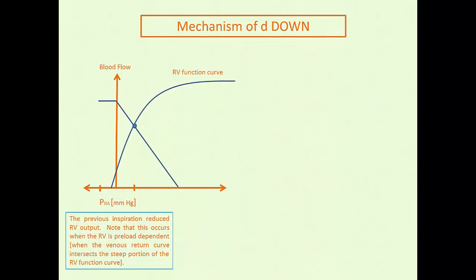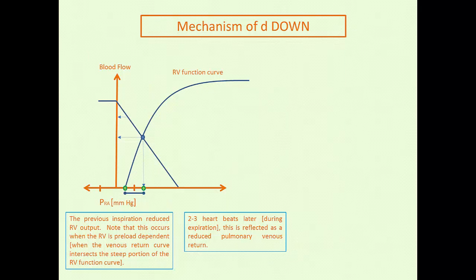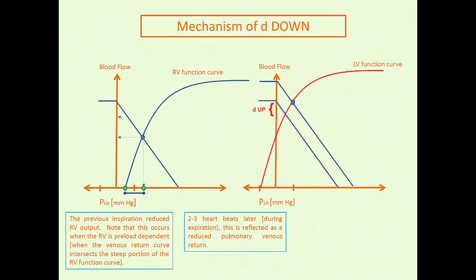And then with the positive pressure breath, intrathoracic pressure increases, your right atrial pressure also increases, but not as much as the increase in intrathoracic pressure, and therefore your distending pressure, or transmural pressure, decreases, and therefore the volume tends to decrease. Simultaneously, your cardiac output from the right heart during inspiration goes down. 2 to 3 heartbeats later, during expiration, this is reflected as reduced pulmonary venous return. So this is your LV function curve, which is now operating up here following the previous inspiration that we just talked about. Okay, so then you have this drop in your pulmonary venous return